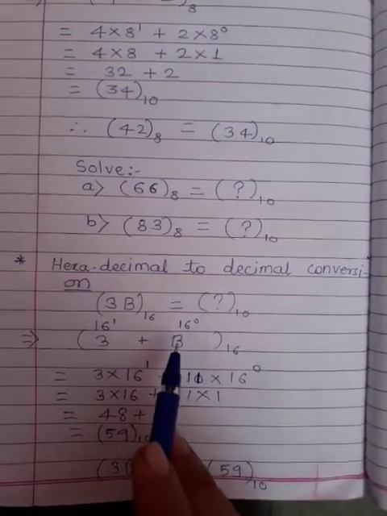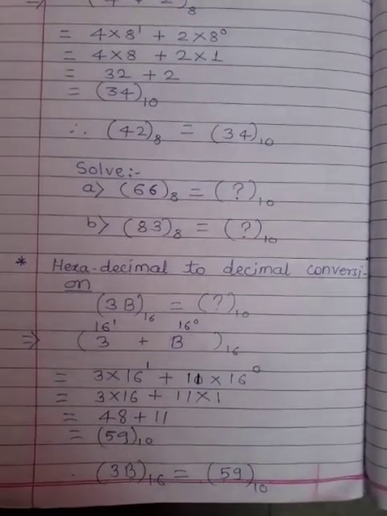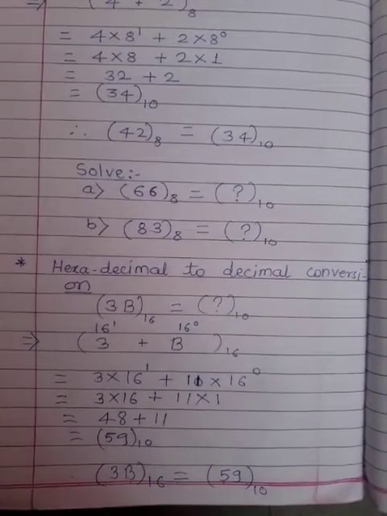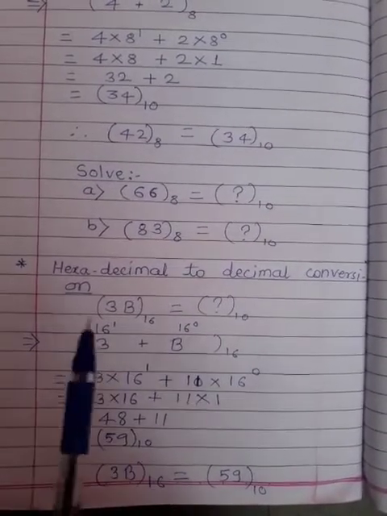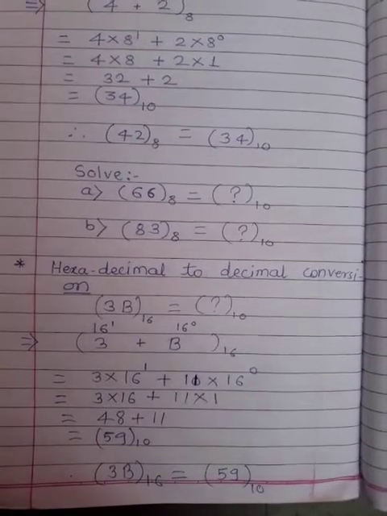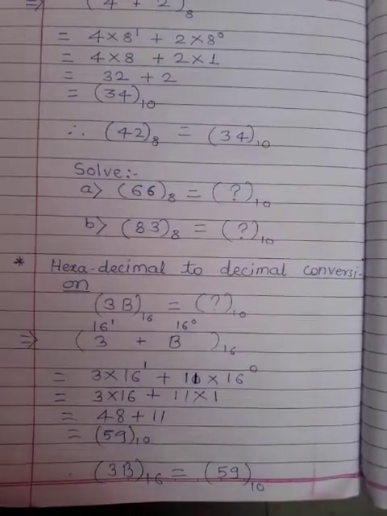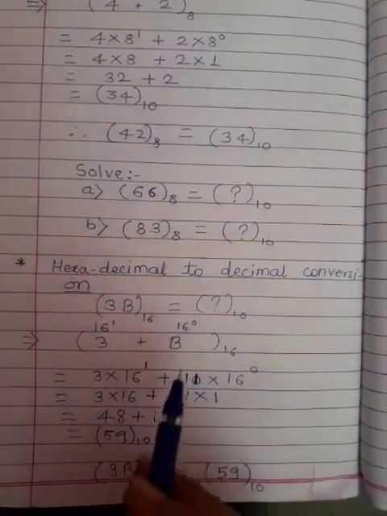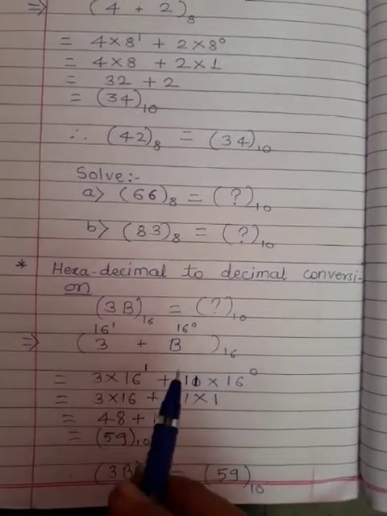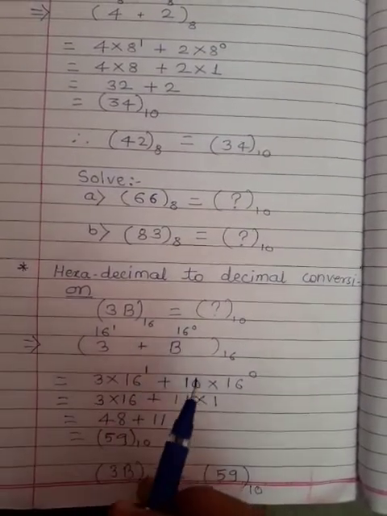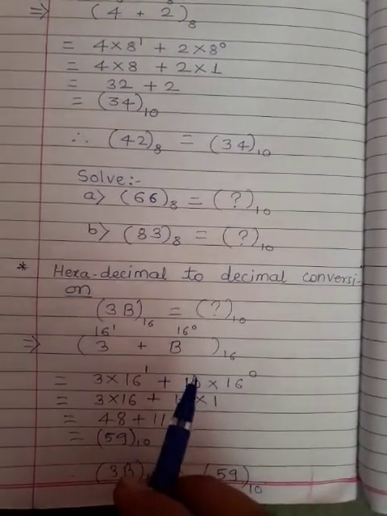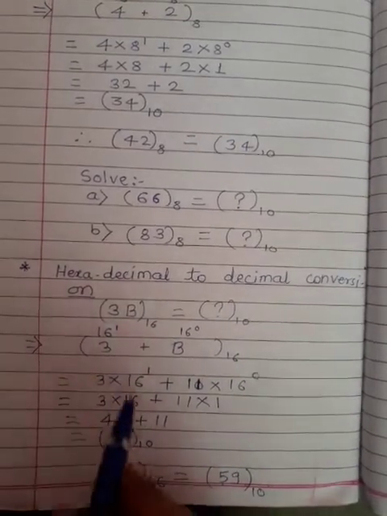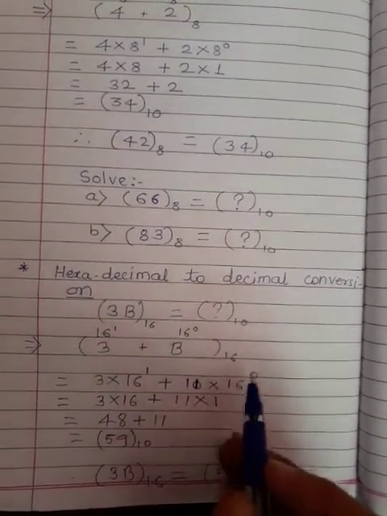So b value, students, in hexadecimal system the numbers are like 0 1 2 3 4 5 up to 9, and then after 9, 10 is not there in hexadecimal. So instead of 10, a is written and then b and then c. So when you compare this, you will get 11, because a is 10, b is 11, c is 12, and then d is 13, like that. So multiplied by 16 power 0,